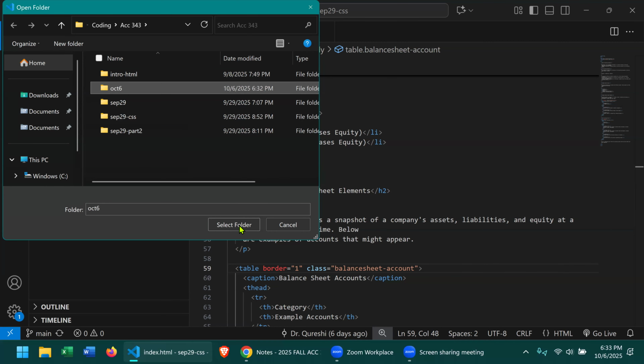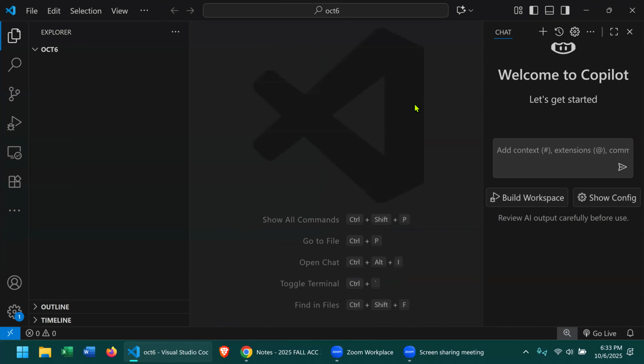I will select that folder. And in my October 6th folder,